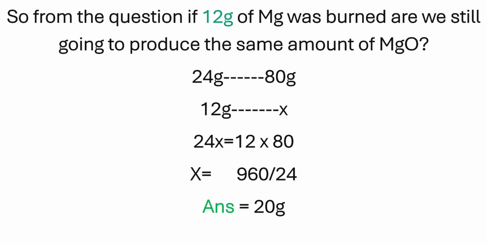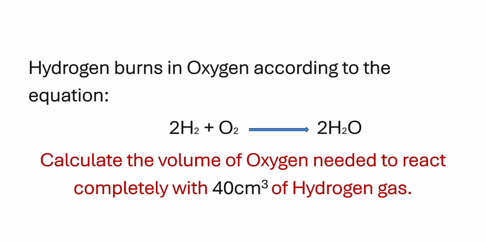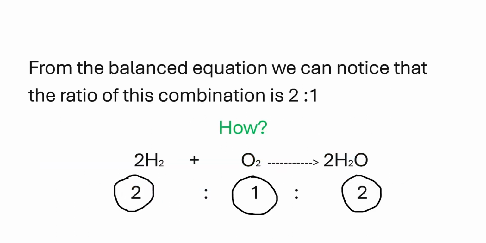So let's solve another question. So this one says hydrogen burns in oxygen according to the equation: 2 moles of hydrogen gas reacting with 1 mole of oxygen gas to yield 2 moles of water. So we are asked to calculate the volume of oxygen needed to react completely with 40 cm cube of hydrogen gas. So looking at the equation, we can see that it is balanced,